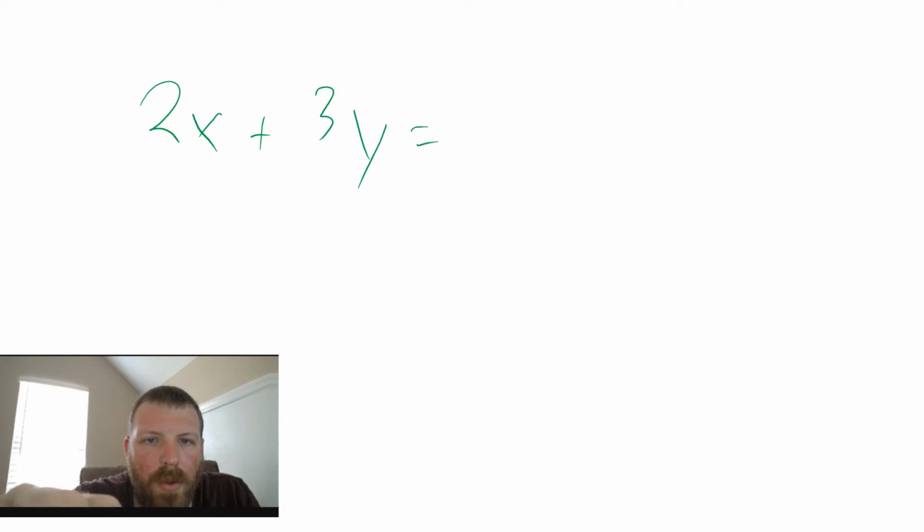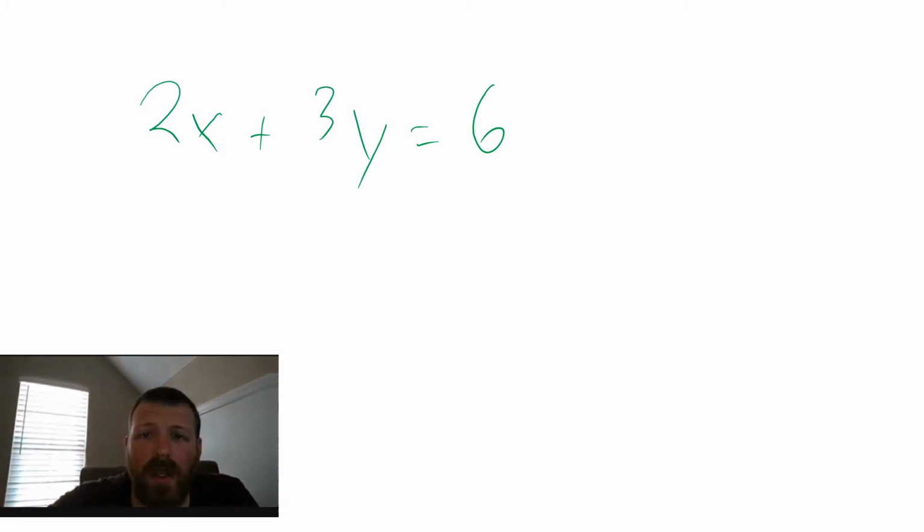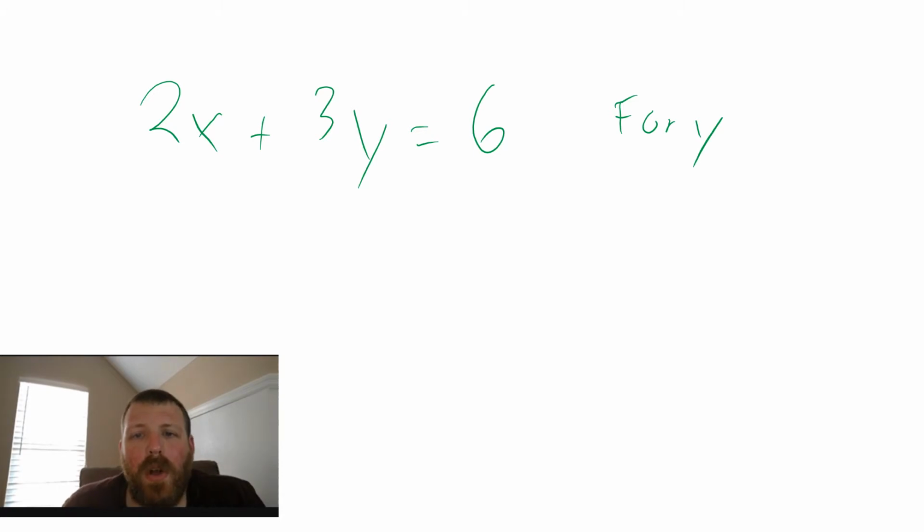So today we're going to do an example where 2x plus 3y equals 6. I want to solve for y. You'll see examples where you're given the variable to solve for, so we're going to solve for y. You notice we have an x and we have y. Y is the one we want, and so therefore we want to move everything else away from y. So for example, if we separate our sides and we look again at what we have,